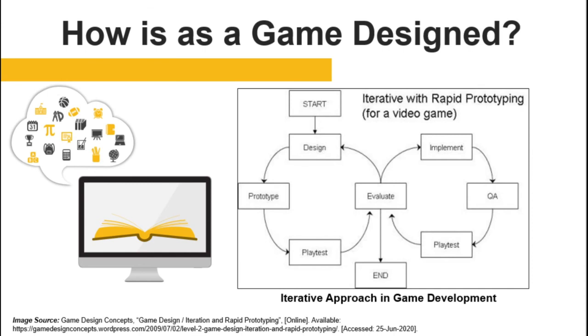In general, the more times you iterate, the better your final game will be. Therefore, any game design process should involve iterating. That is, going through an entire cycle of designing, implementing, and evaluating as much as possible, and anything you can do that lets you iterate faster will usually lead to a better game in the end. Because of this, video game designers will often prototype on paper first, and they only get the programmers involved when they are confident that the core rules are fun. We call this rapid prototyping.